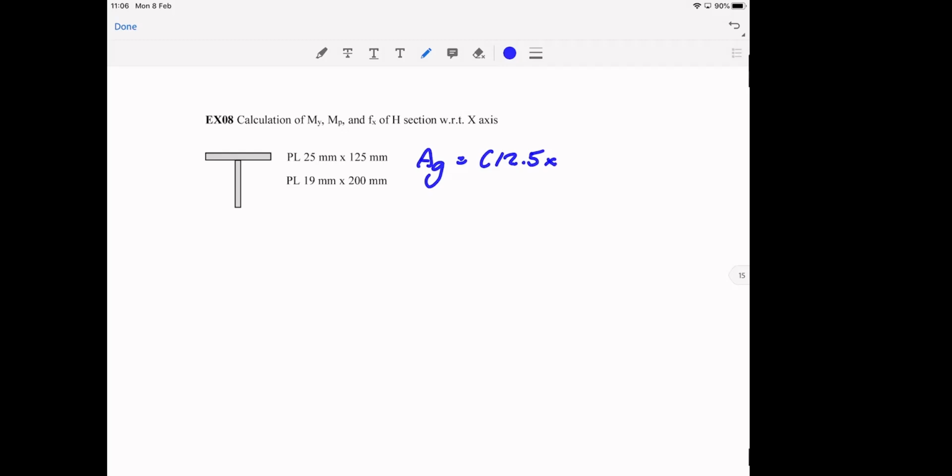So my y bar is equal to 2.5 over 2, right? That's a distance from top to the centroid of the flange, and then plus, because I take moment at the centroid of the flange, I eliminate the flange itself. So it becomes just the stem, right? For the T, we don't call this the web, we call it stem, okay? So just the stem, the area is 20 multiplied by 1.9, and the y bar becomes half of the flange thickness plus,